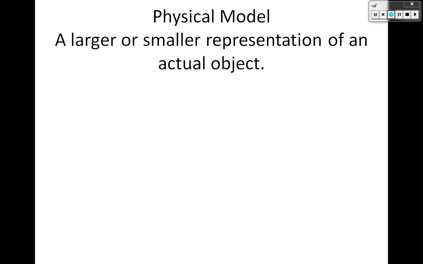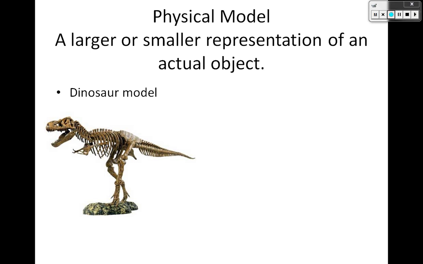So one example of a physical model is a dinosaur model, right? So that's going to be too large to kind of take in all at once, so you make something a lot smaller. It's also something that not a lot of us have access to, like not a lot of us have actual dinosaur skeletons lying around in our backyard, so if we want to see something, we have to see a model of it. It's not the real thing, but it represents the real thing,